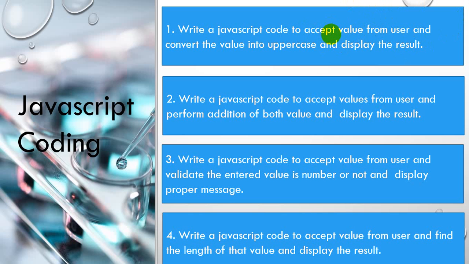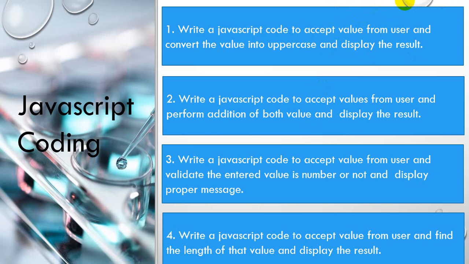So which JavaScript function will you use to accept value? The first thing in your mind should be prompt. Prompt is a built-in function which is used to accept value from user. So while you are reading, gradually you have to know what function you will be using in this particular program. So when you get this sentence, you have to accept value from user, the first thing is that you have to use prompt.